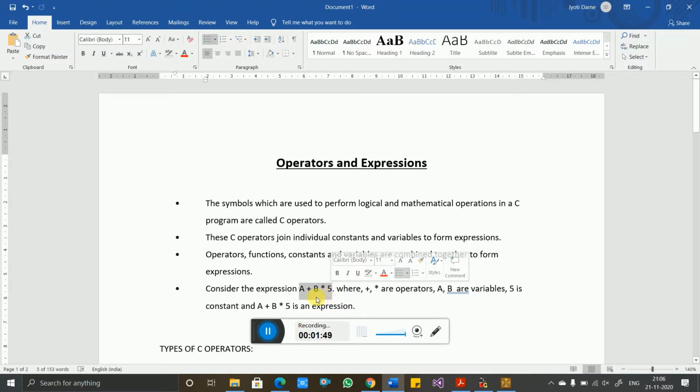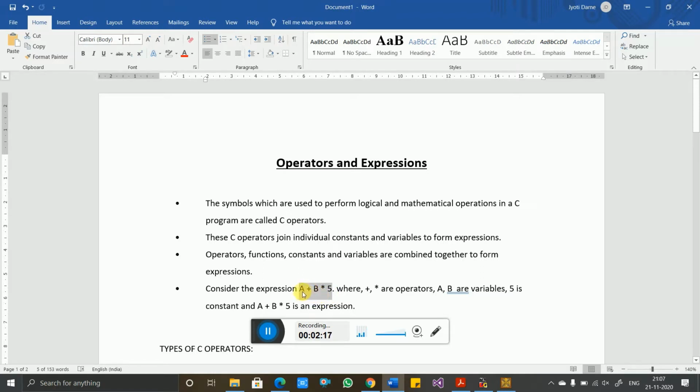Plus and into are symbols, and in the C programming language we call them operators. These operators operate on a, b and 5. So plus and into are called operators, and a, b and 5 are called operands, because these operators operate on these operands.